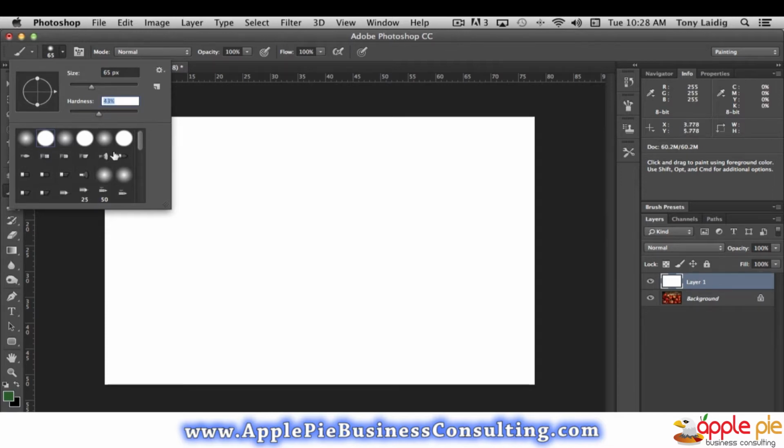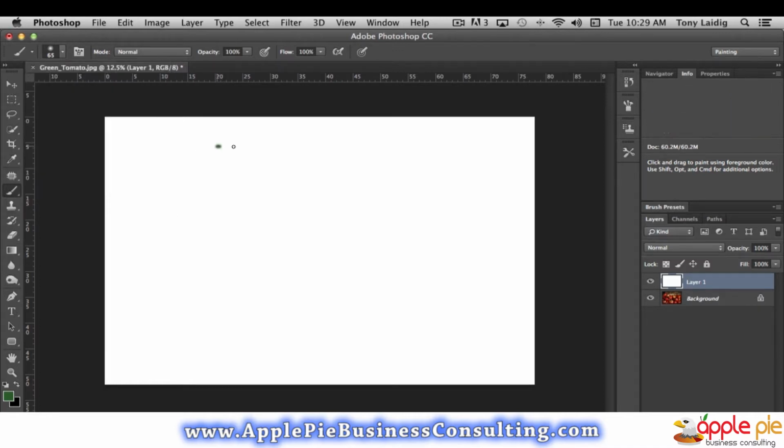You'll also notice that there's a number of other brush types that are listed here. And I have them all loaded. Most of these are all standard with Photoshop. So in other words, to use a different brush, you can just simply choose that brush. For example, if we go with the very first brush here, you'll notice that the size is 65%, which I could change. And if I paint,